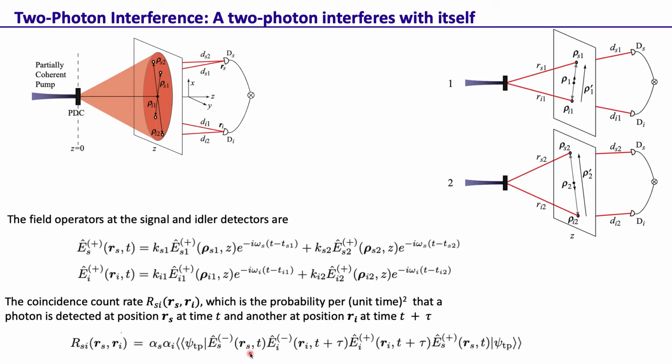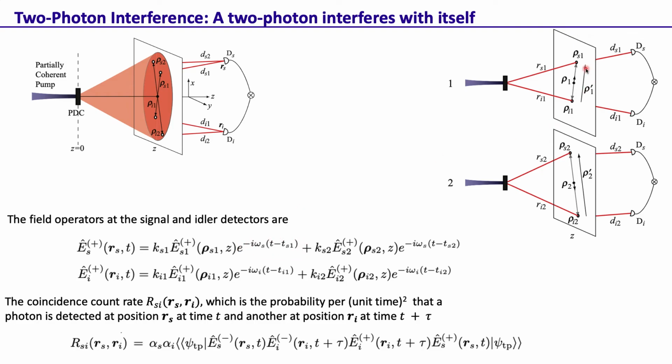Okay, so the electric field operators: Es is the electric field operator at the signal detector, and Ei is the electric field operator at the idler detector. So Es plus at the signal detector we can write in terms of the electric field operators in the two alternatives. So this Es at Rs, we can write as the electric field operator in the first alternative plus the electric field operator in the second alternative. We are adding